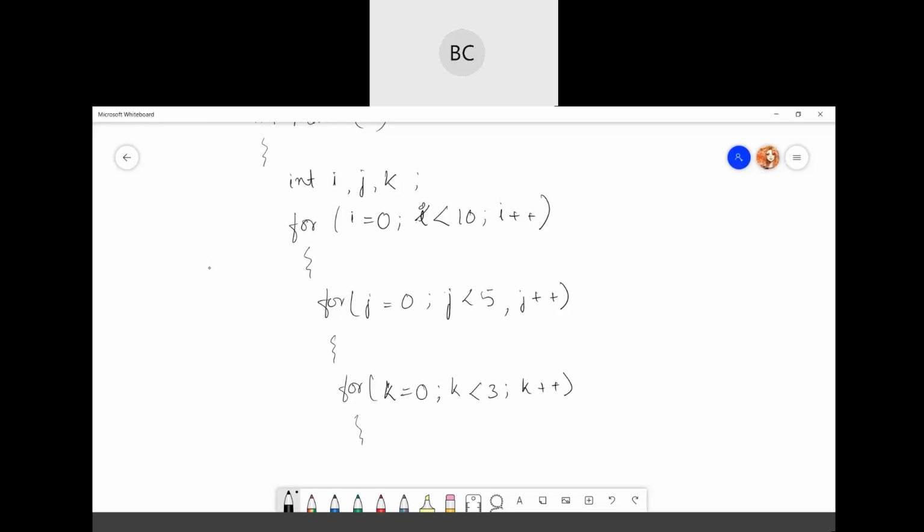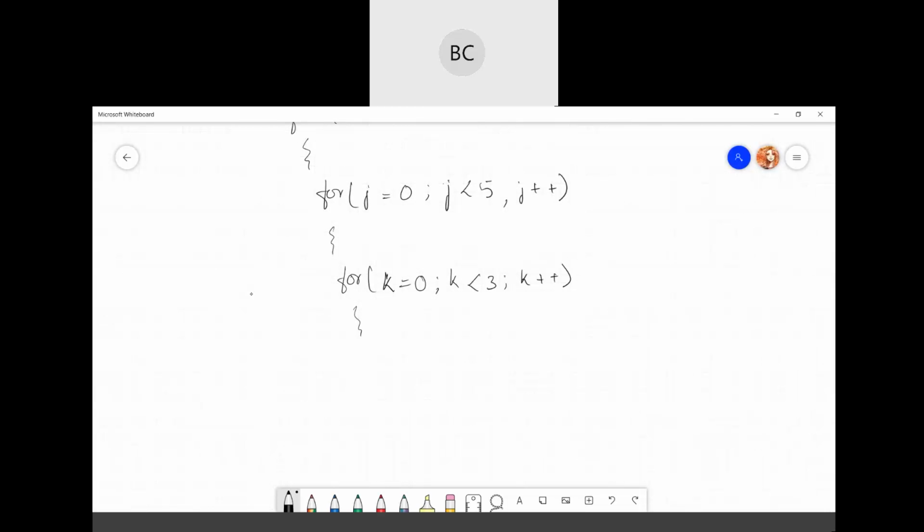Okay. So after this, I just want to write printf. Just want to show the values %d, %d, and %d. Just for better readability, it will come one by one: i, j, k.